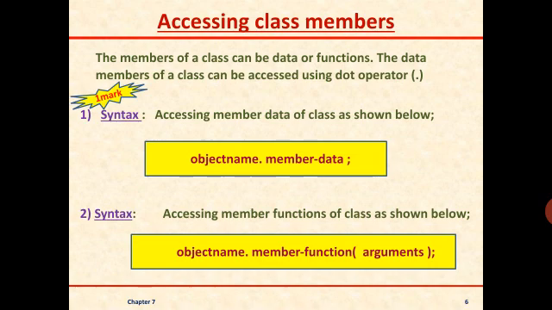So to declare and define the class, it requires three different steps. The first step is to create a class definition, with the help of the syntax we have done; that procedure has to be followed. The second step is to create the objects of the class, and the third step is to access the members of the class. Members of the class means it may be a member data or a member function. So we need to access them in this way.